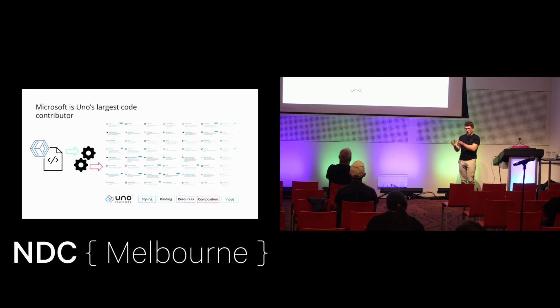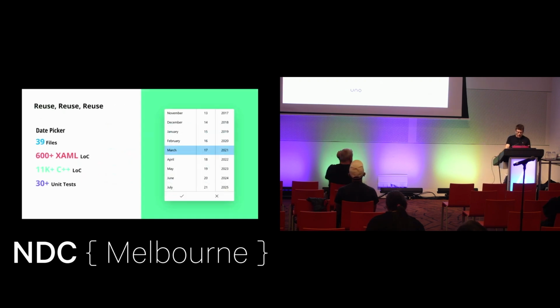WinUI is basically Microsoft's attempt at trying to take that and remove it from that. It's still dependent on Windows, obviously, but it's basically separating it from the OS version. And as part of doing that, Uno is now reliant on WinUI, and so you can then take that and apply it to the other platforms. Just by way of an example, the benefits that we get from having Microsoft as that contributor is